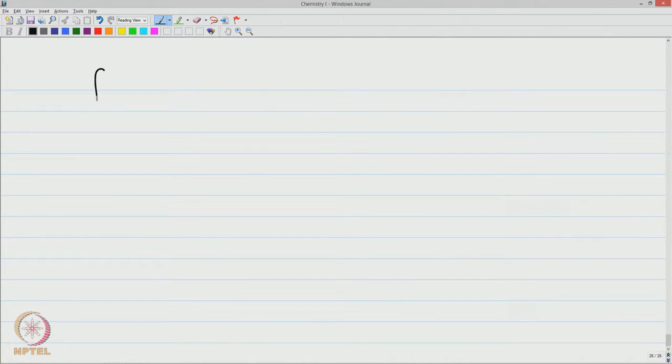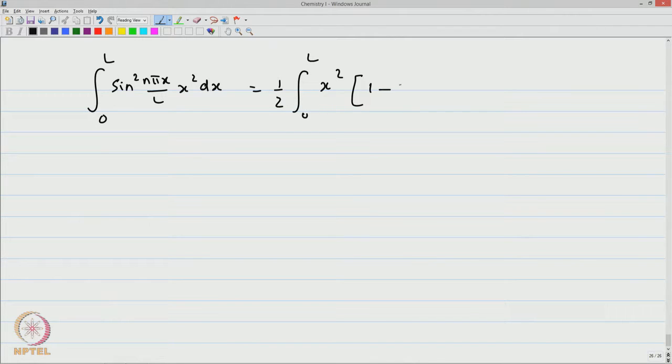So you have the integral sin squared n pi x by L x square dx, 0 to L. You again split this into two terms, namely 1 by 2 times 1 minus cos 2 n pi x by L, like what you did, dx. If you put the 2 by L here,